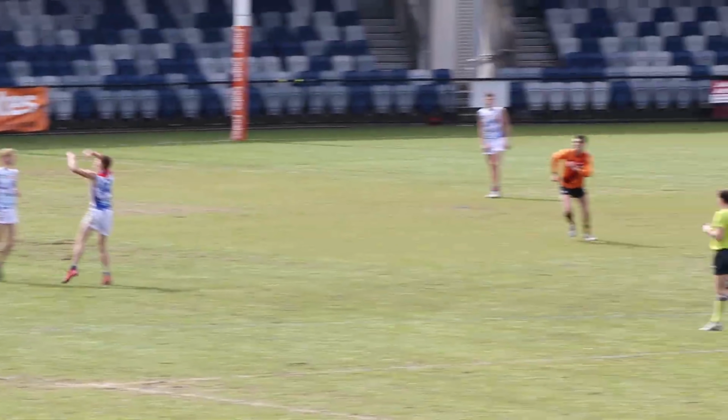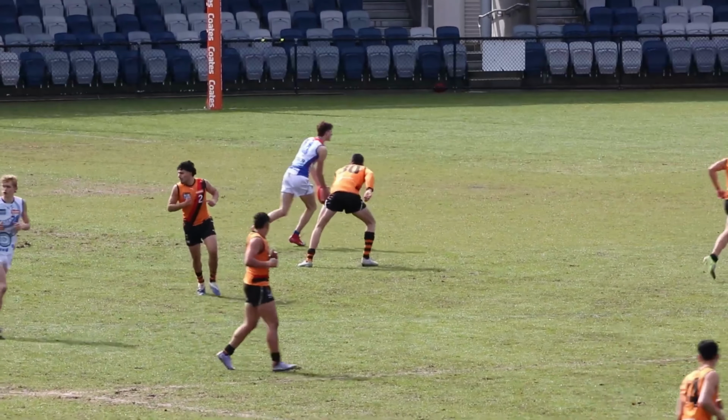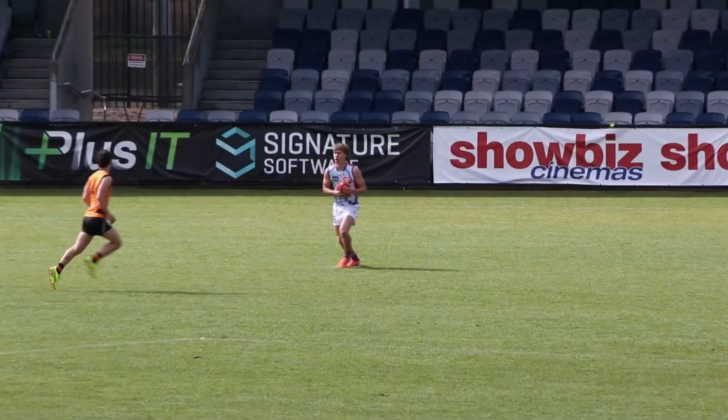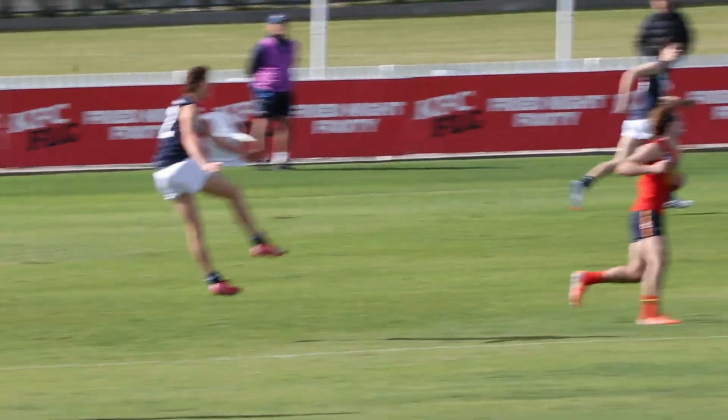But where is he projected to go? Now, Zero Hanger have him going at about the mid-second round. Other places have him anywhere between 30 to 50. So he does fit in with our later picks. Yes, we know Collingwood are trying to get up the draft, but we do have a bunch of later picks coming on. There's also rookie spots and things like that. I think if you can get this type of player